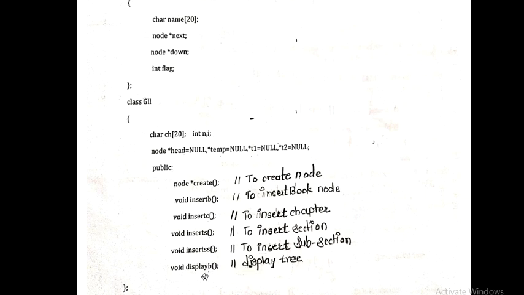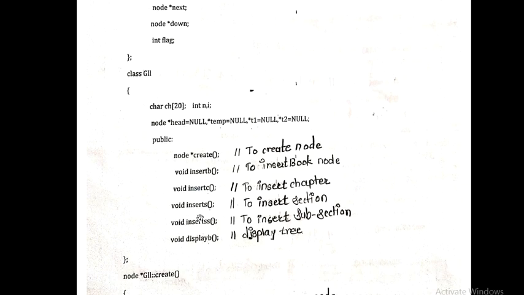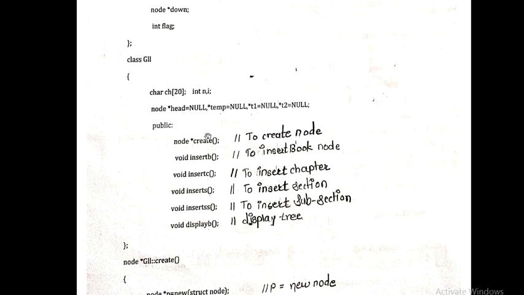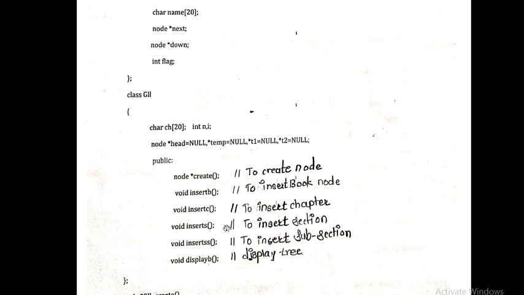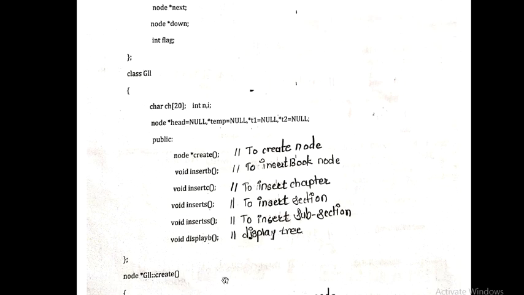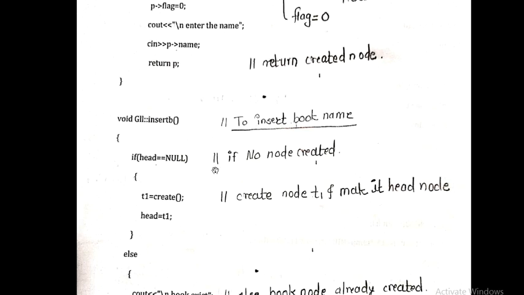And these are some functions that we have declared in this class. So this is the member function of the class GLL. Now we have to see the definition of these functions. But before going toward the definition, as all of you know, whenever we are running the program, it always starts from the main. So execution starts from the main. So initially we will go towards the main, and then we will complete the function definitions. Okay, so where is the main function? Let's move toward the main function.